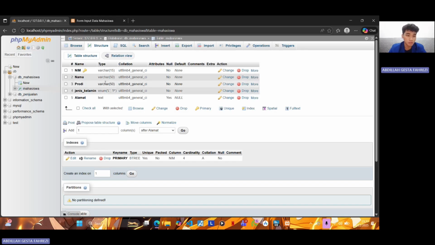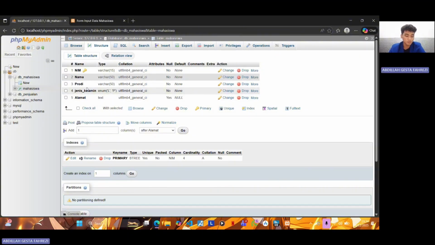Here are the columns in the table: nim, nama, prodi, jenis_kelamin, and alamat. For the first one, I use type varchar with 15 and this is the primary key. For nama, I use varchar with 50. Prodi is the same as nama, still varchar 50.